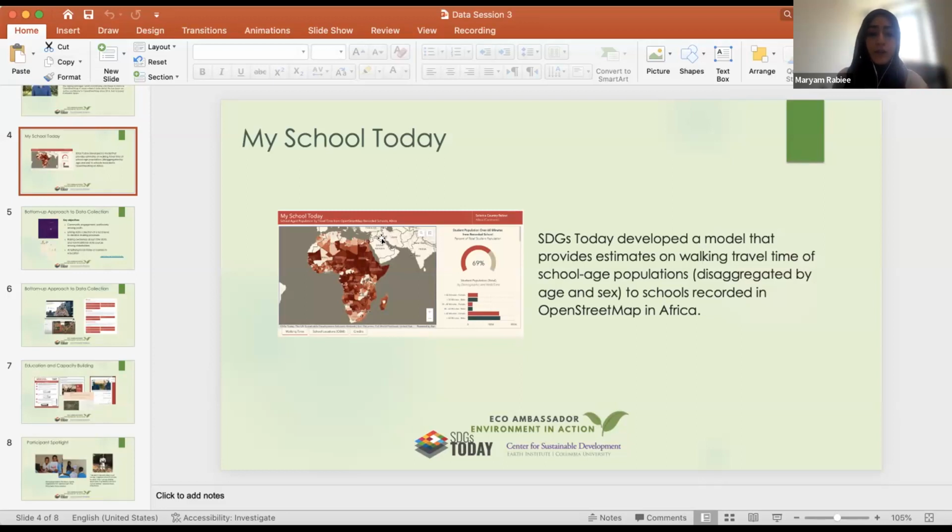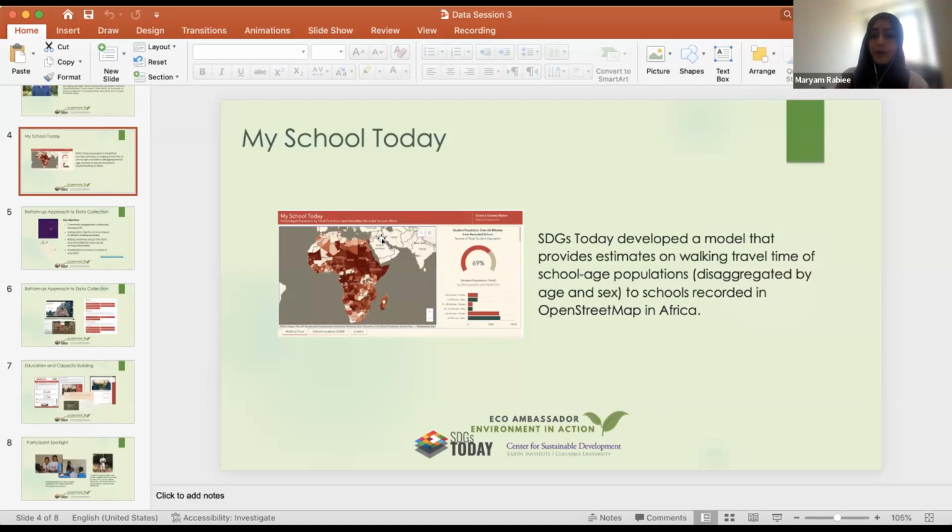Right now the project covers all of Africa. We're hoping very soon that this will be more of a global initiative. Again, I'll share a link in the chat. If you click on the map, you'll see a pop-up, and it'll show you the percentage of students disaggregated by age and sex, and how long it takes them to get to the nearest school that's recorded in OpenStreetMap. So that's one component of it.